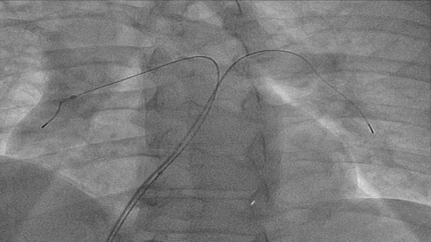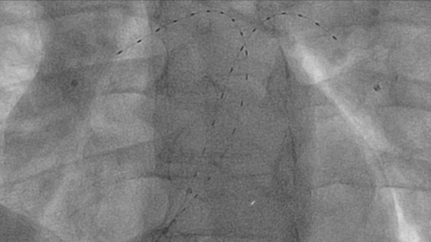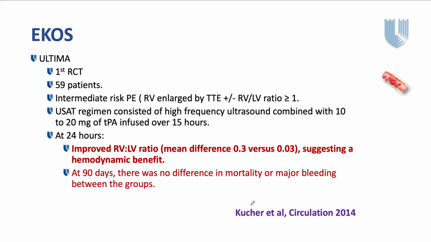This is how the catheters are placed under fluoroscopy guidance, and this is how the infusion catheters are placed as well, with a fluoroscopy image at the end of the procedure. This is the first randomized study that showed significant improvement of the right ventricular to left ventricular ratio, suggesting hemodynamic